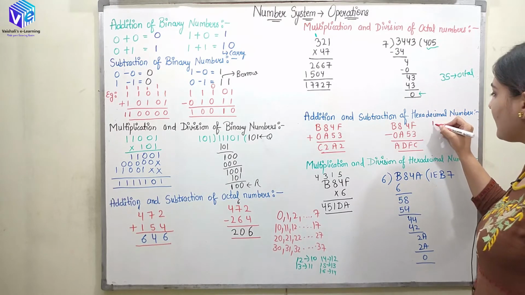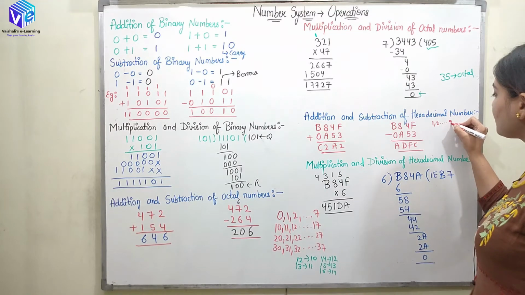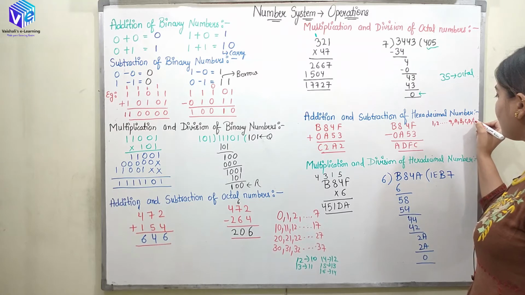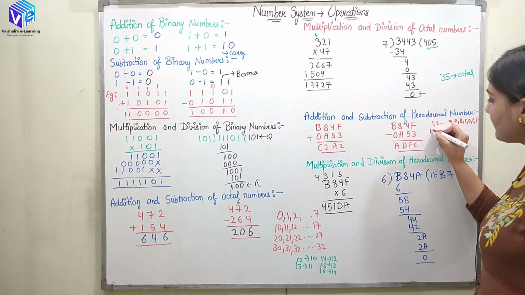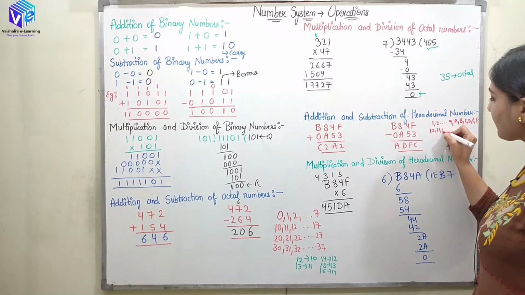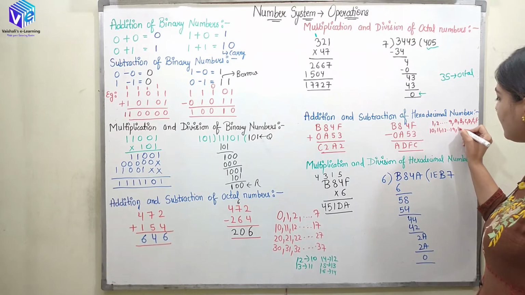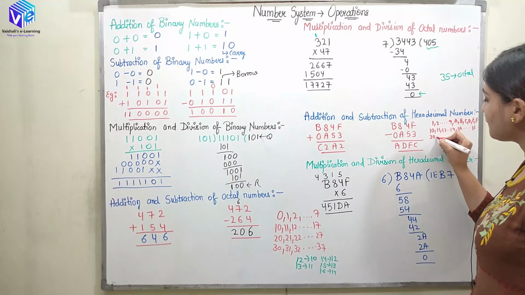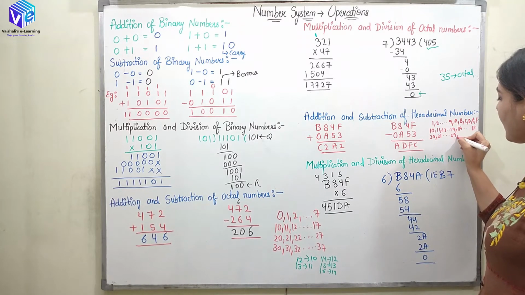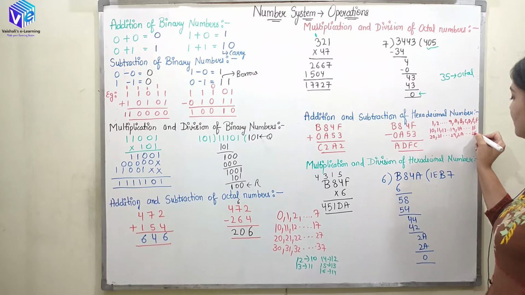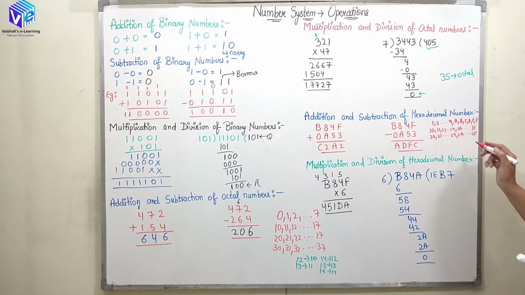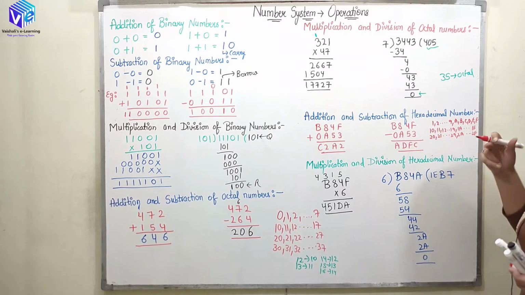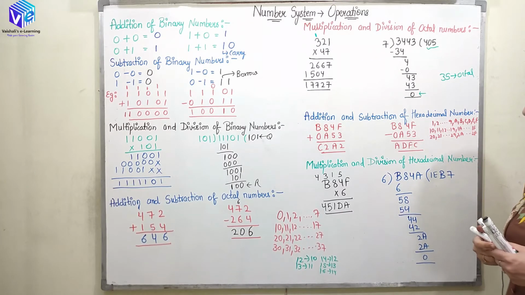Like if I have 1, 2, then we have up to 9, then we have A, B, C, D, E and F. After F we have 1, 0, 1, 1, 1, 2 up to 1, 9, then 1A, 1B up to 1F. After 1F we have 2, 0, 2, 1 up to 2, 9, 2A up to 2F. So this is how we have the hexadecimal number system, right? So F represents the number 15, and 1, 0 represents the number 16 in decimal, right?